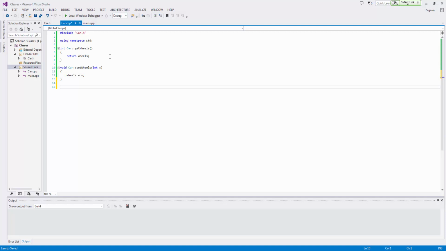So now we'll go ahead and just pump the rest of these out real quick. Int car, get doors, and return doors. Oops, not return do. Return doors. And we've got void car set doors, this takes an int d, and doors equals d,